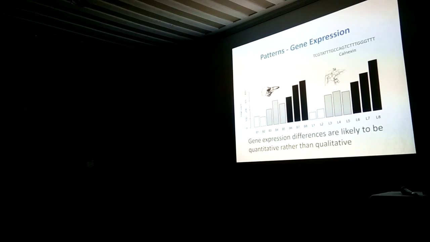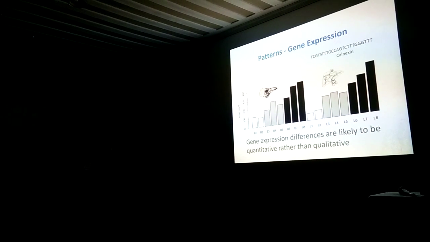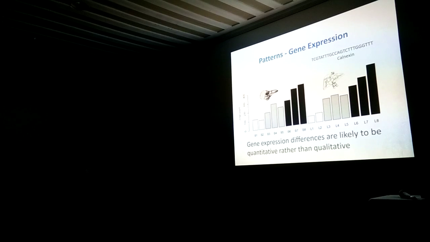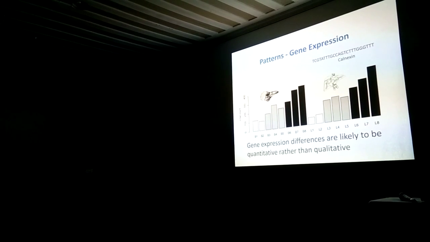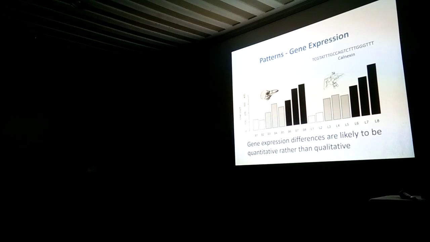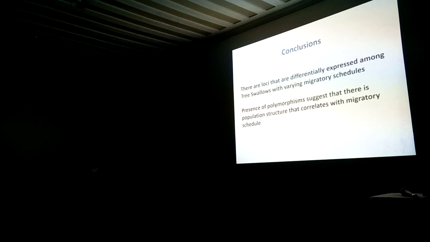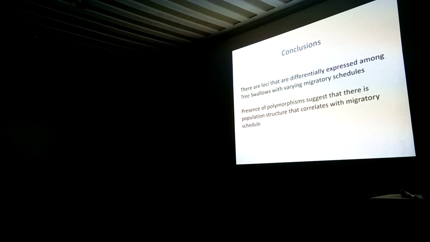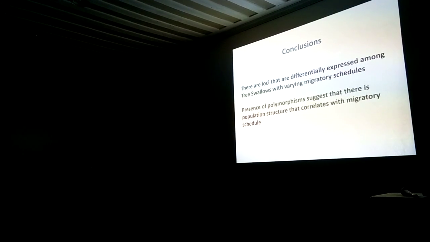And here you can see that this 24mer seems to steadily increase in expression as these birds get closer to the migratory departure date. And this is the pattern that I was really interested in seeing as a kind of differential gene expression difference. So in conclusion, we do seem to see loci that are differentially expressed among tree swallows